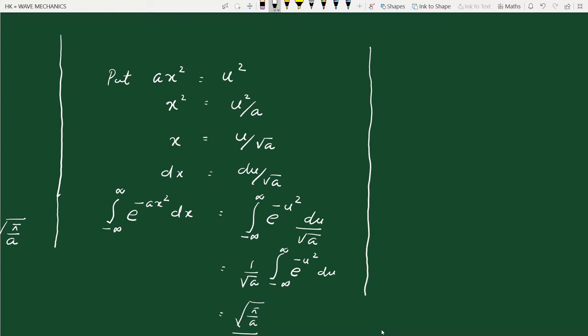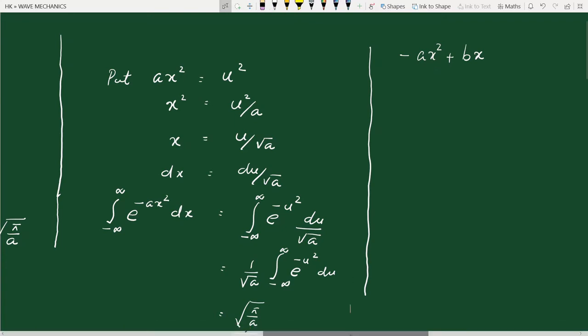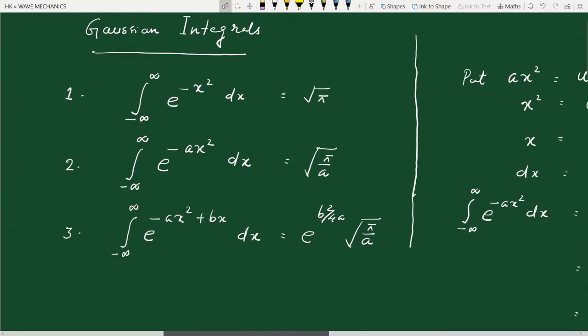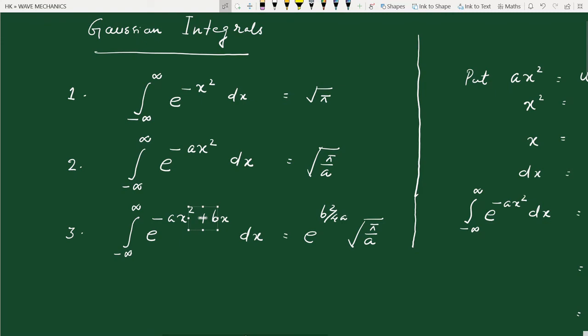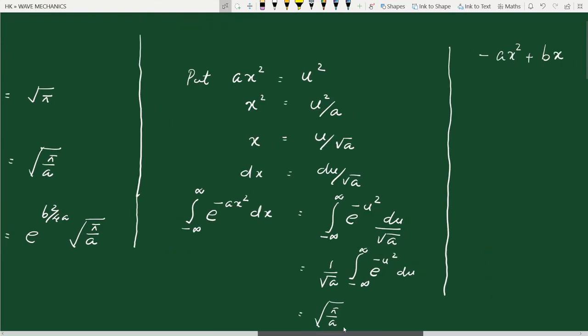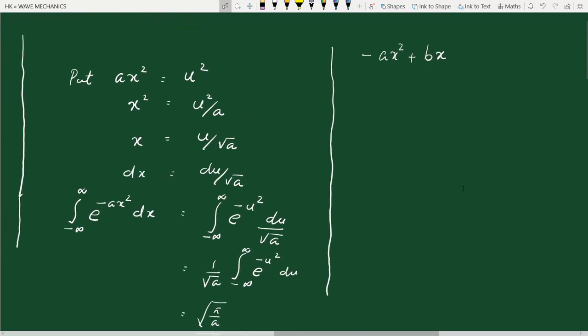Your total power is what? Minus ax square plus bx, right? This is the power. So I am taking the power term, e raised to minus ax square plus bx. Now what I am going to do is, if it is e raised to